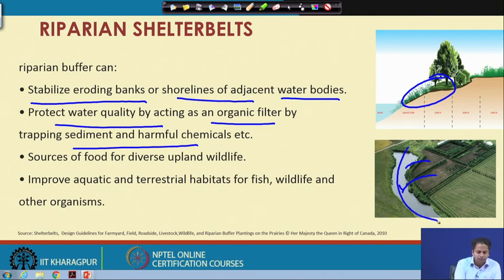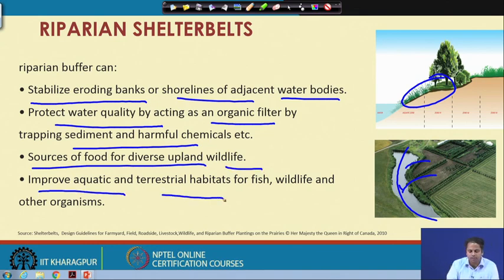They can be a source of food for diverse upland wildlife, and they can also improve the aquatic and terrestrial habitats for fish, wildlife and organisms.